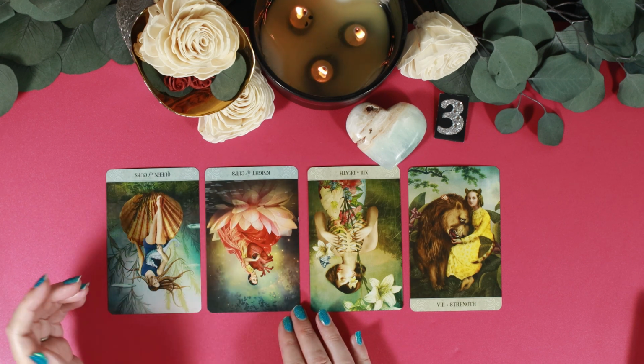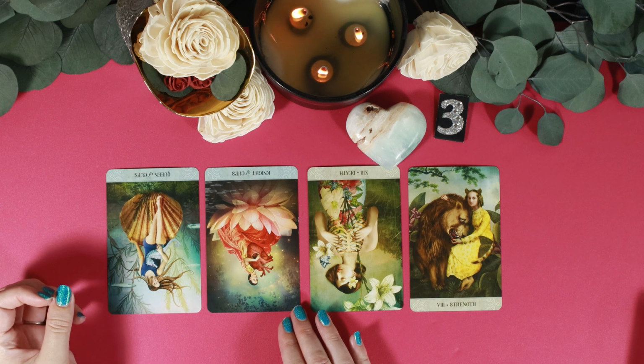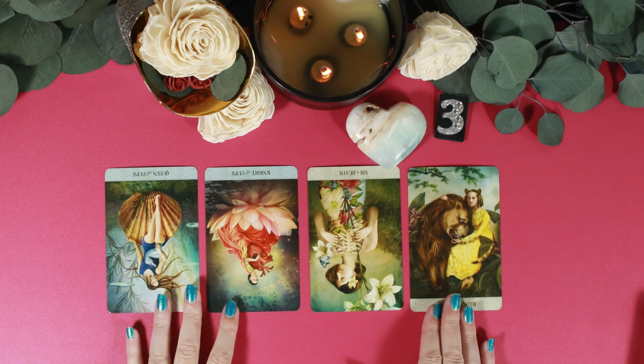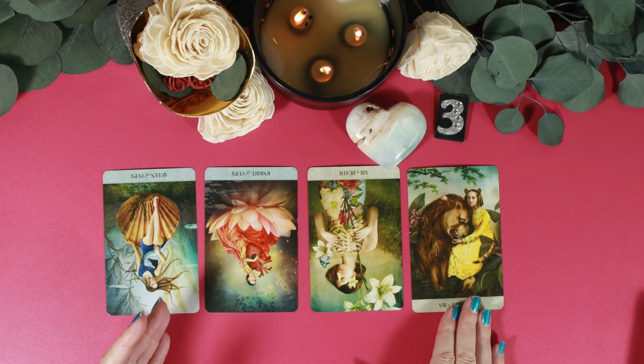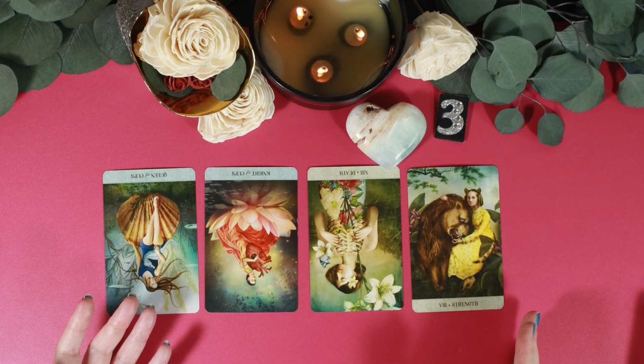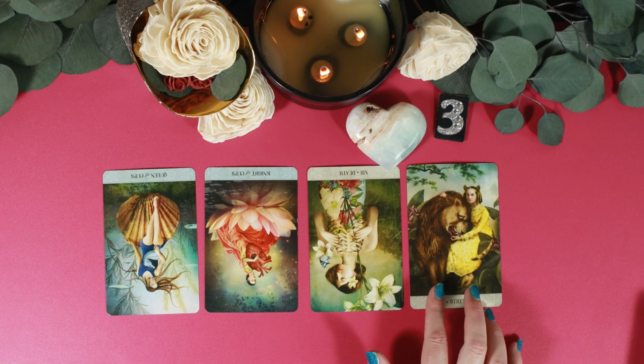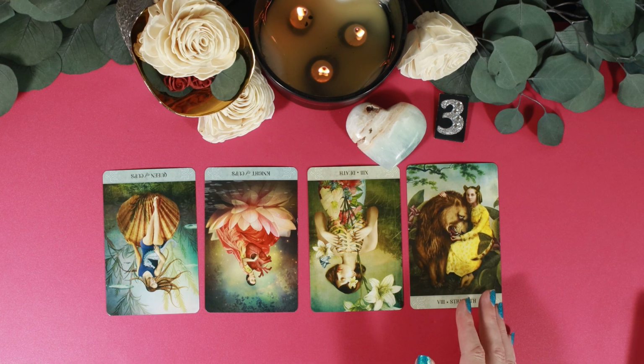Queen of Cups reversed, Knight of Cups reversed. I think that you sometimes struggle with it though. I feel like there's something here where you're struggling with, you don't feel like you're loved in the same capacity in the way that you love others. And that is your strength, your love, and that is actually what the Strength card is about. The person who is strong here is not the lion. The lion is eating out of this girl's hand. It's that quiet and beautiful strength,